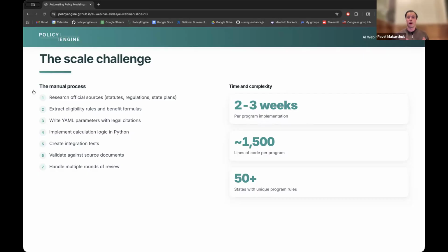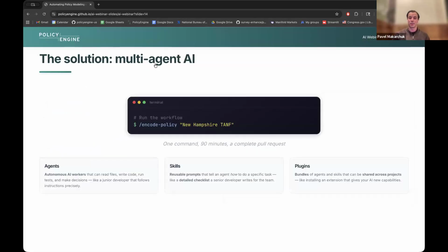There's a number of repeated processes. We have very clear code guidelines and styling guidelines. We worked with a number of volunteer contributors previously on this process, but over the last month, the reason why we're here is we landed on the solution of this multi-agent AI workflow.